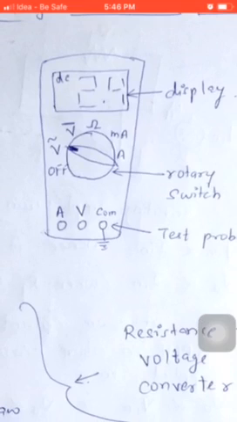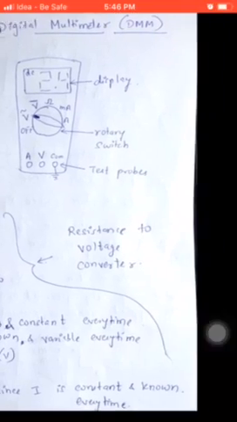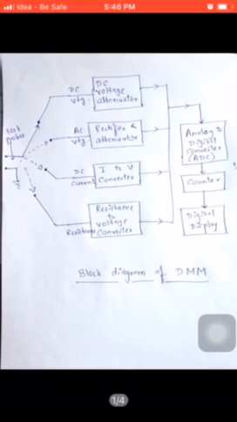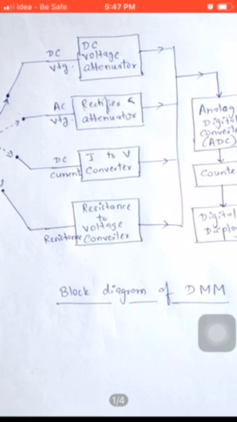Now, what we are expected to study is not the internal circuitry actually, but the internal block diagram of a digital multimeter. So let me first take you through the block diagram. Yeah, so this is the block diagram of a digital multimeter. But rather than studying the block diagram first, we study the different blocks under this particular diagram, and then maybe we come back to the block diagram again. So let's go back.